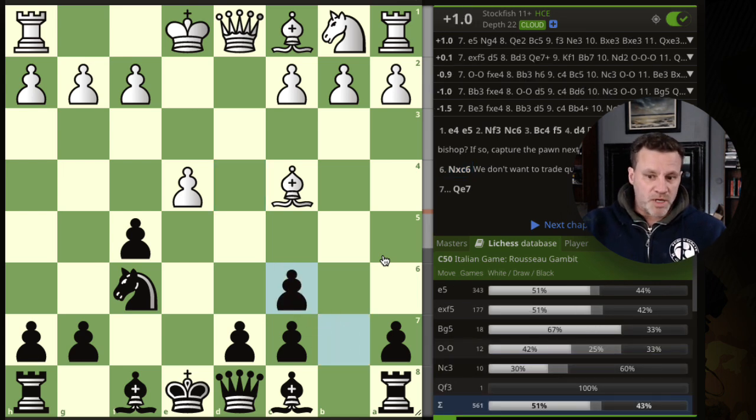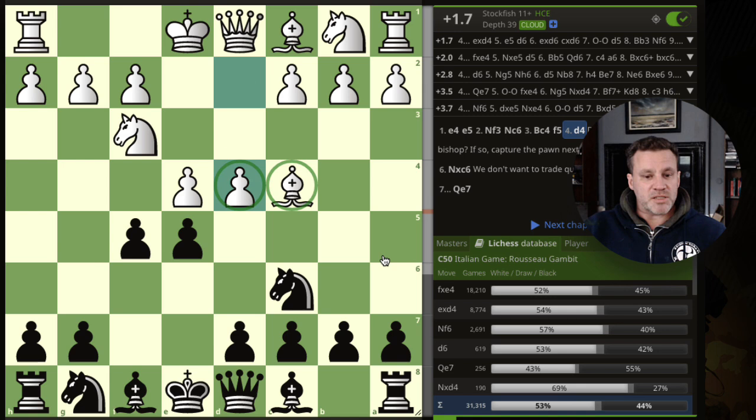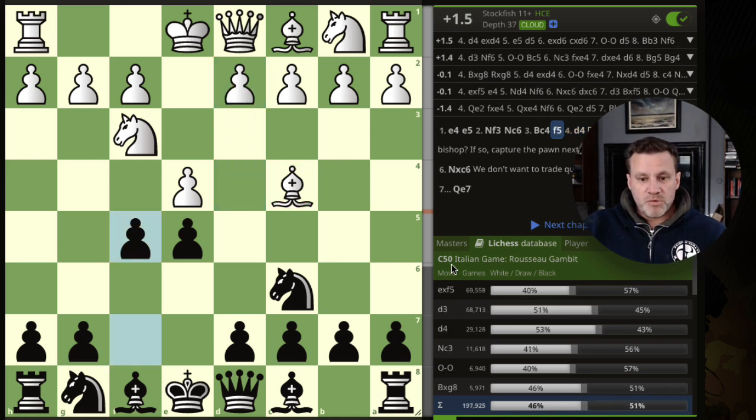The computer has white slightly better, and white will win a little bit more of the time. Okay, but remember, this is all if they find this move, pawn to d4, which is not the most common move. E takes d5 is the most common,